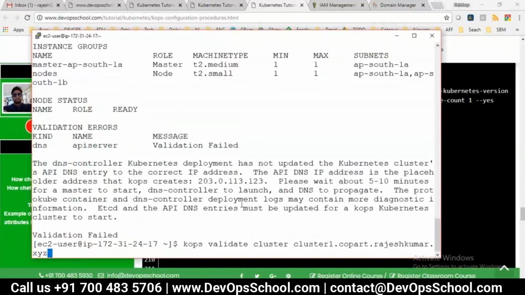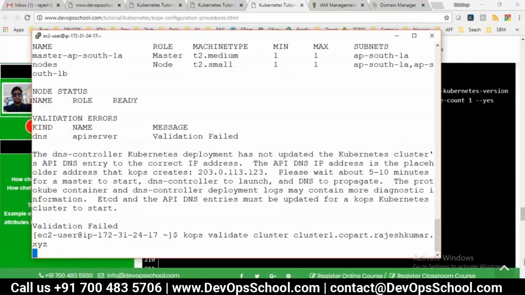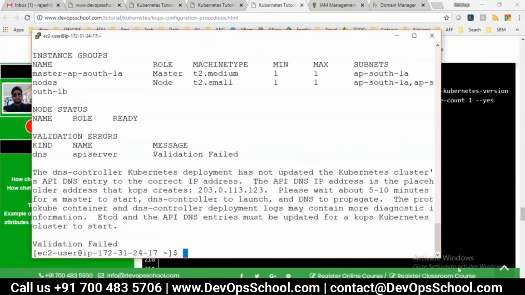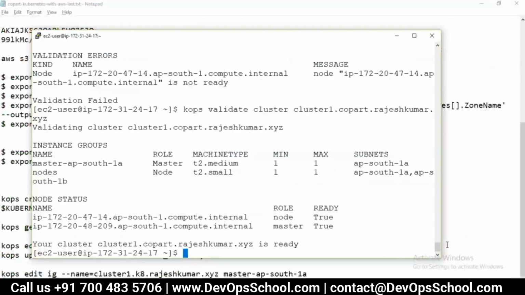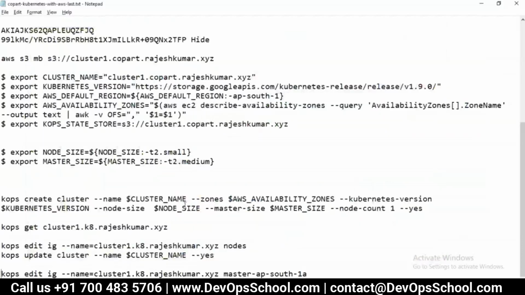Validation failed, still is creating and doing the things. I'll just pause the recording. Resume it. Okay, yeah. So now you can see that the cluster is ready, and now what we can do,